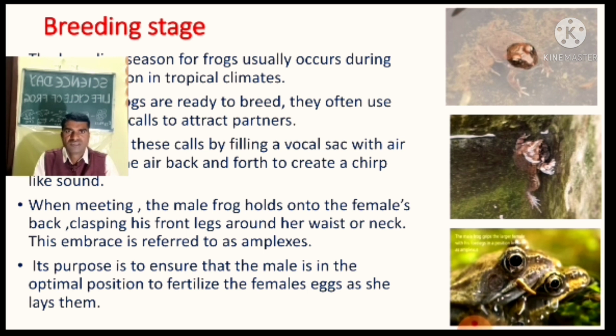This embrace is referred to as amplexus. With the help of amplexary pads, they hold on and fertilization takes place as she releases eggs. Its purpose is to ensure that the male is in the optimal position to fertilize the female's eggs as she